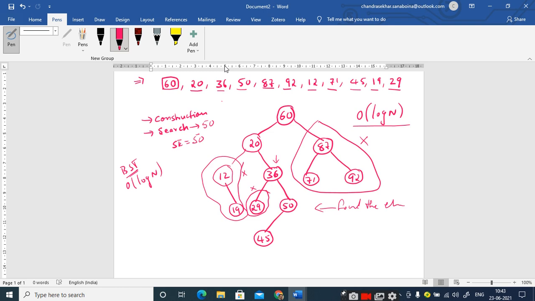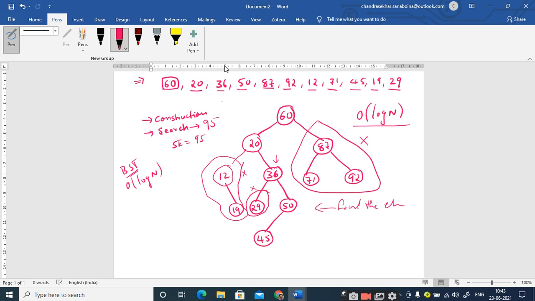So it will be around the height of the tree, right? Why? Because, for example, I want to search for an element that is not present inside the binary tree. Let me take it as 95. Let the search element be 95.